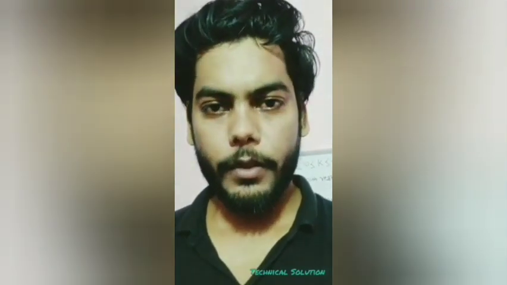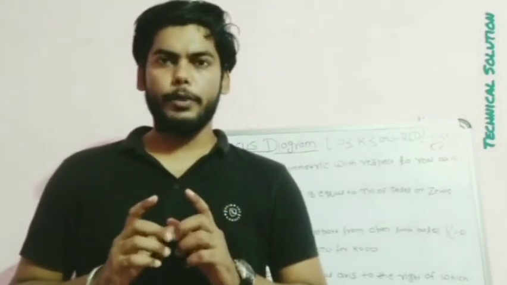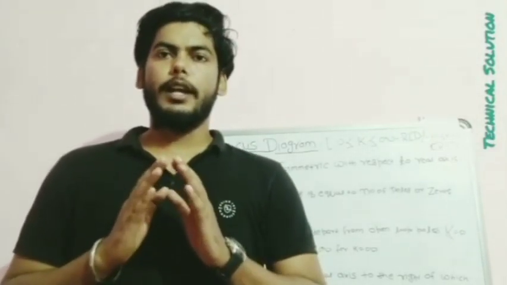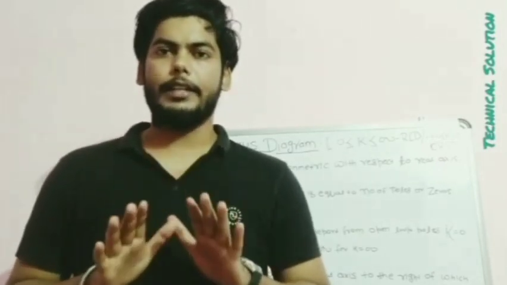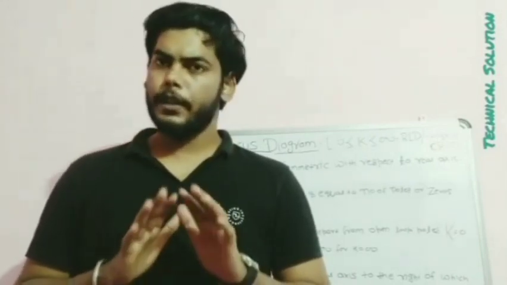Guys, in the root locus diagram there are 12 fundamental rules which we keep in mind. We can solve any problem when we keep in mind these 12 fundamental rules. Now we focus on these 12 fundamental rules. The first fundamental rule of the root locus diagram is that it is always symmetric about the real axis. We always keep in mind the root locus diagram is always symmetric about the real axis.